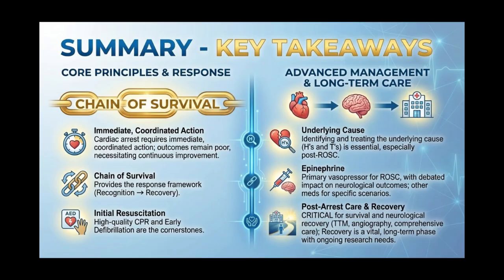This care addresses post-cardiac arrest syndrome, which includes hypoxic brain injury, myocardial dysfunction, and systemic ischemia-reperfusion, along with any underlying conditions that cause the cardiac arrest. Management during this phase requires a comprehensive, multi-system approach in an intensive care setting. Targeted temperature management is recommended for comatose survivors, aiming for a temperature range of 32 to 37.5 degrees Celsius. Preventing hypothermia during this phase is essential for optimizing neurological outcomes.